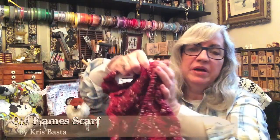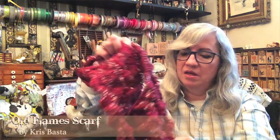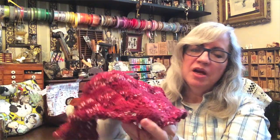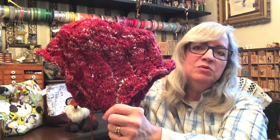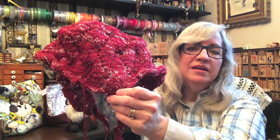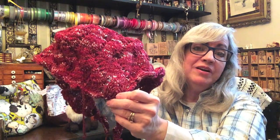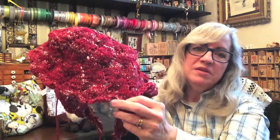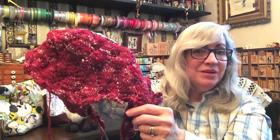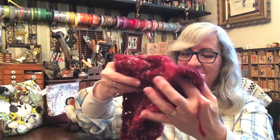Just play it by ear. You can basically just keep knitting and knitting until you think it's big enough. It obviously will block out to be larger, and it will show that lace pattern more, but the Old Flames, kind of the diagonal design and texture of this is really very interesting, and each one of these points will